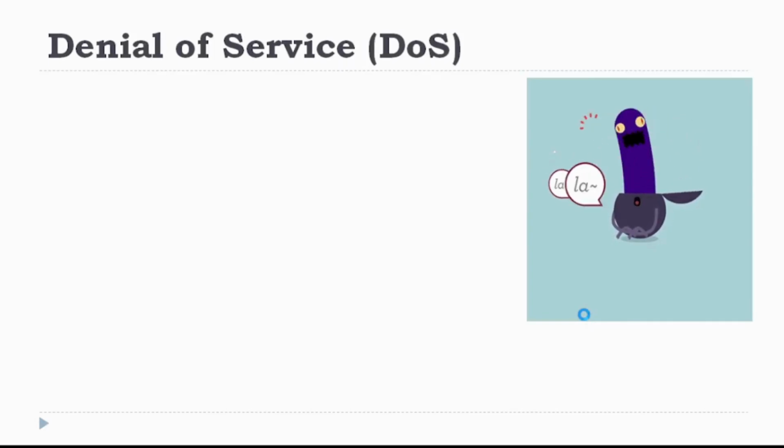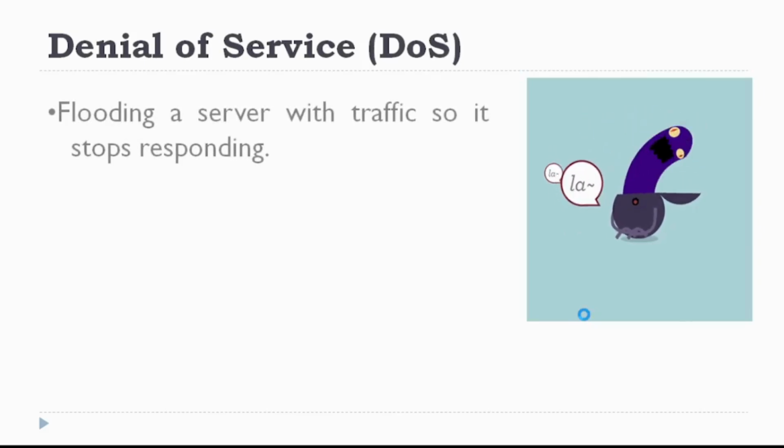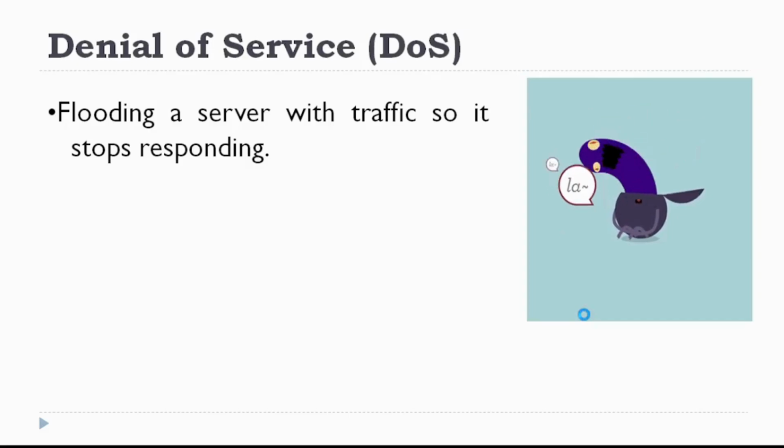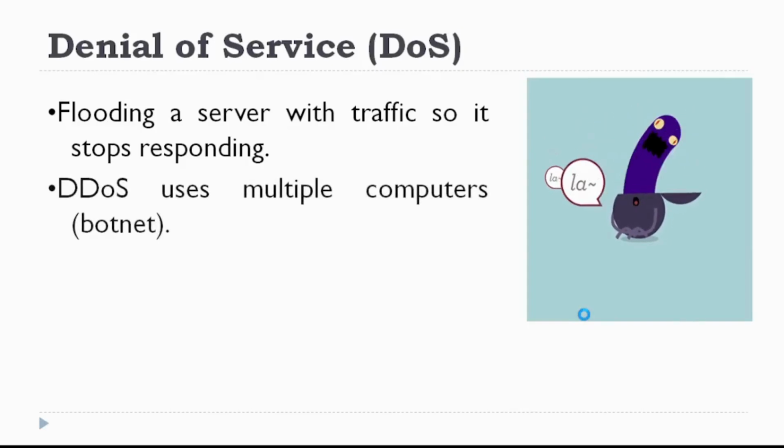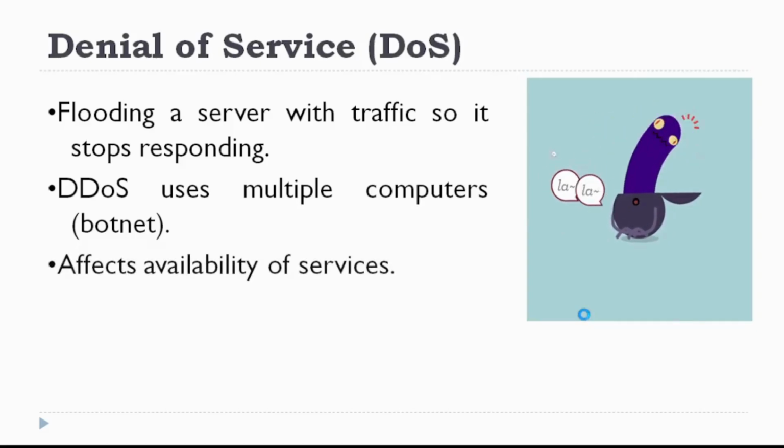Now let's discuss the denial of service attack. Basically, a DoS attack targets servers by overwhelming them with traffic. Lots of fake requests are sent to the server in a DoS attack. And in a DDoS attack, thousands of compromised devices attack simultaneously, and these attacks make websites slow or unavailable. Mostly, online businesses and services suffer financial and reputational damage due to the downtime.